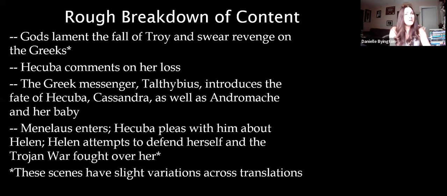Depending on which translation you're looking at, basically you have Hecuba talking, then Hecuba talking to Cassandra, then Hecuba again lamenting alone on stage with the chorus, of course, and then talking to Helen or Andromache, and then talking to whichever one of those she didn't talk to the first time, Helen or Andromache. It depends on the translation. So when this play opens, we